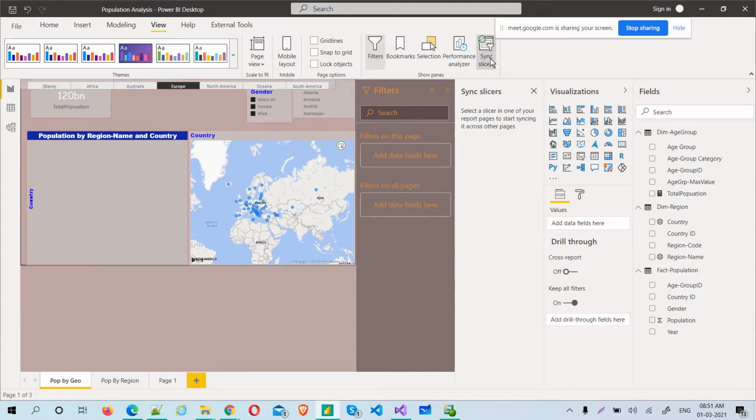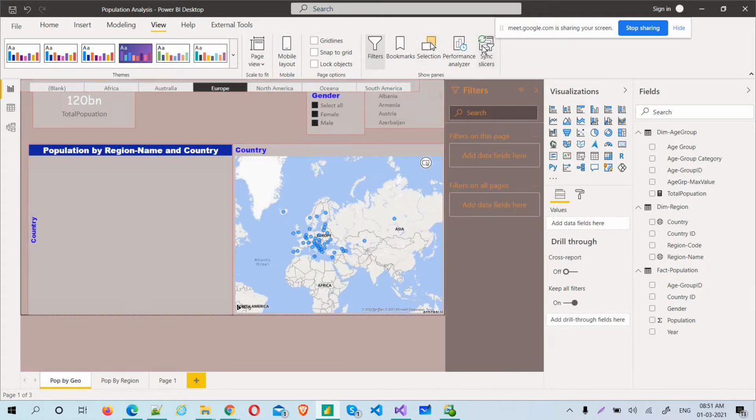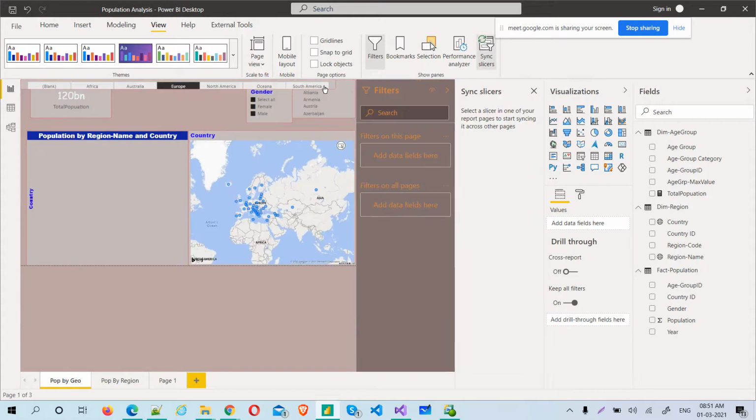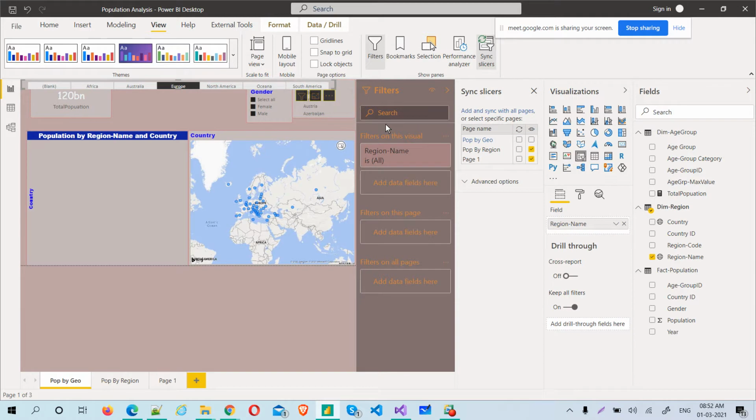Come on. Why is it not going? Pop by geo should not be visible. Come on, what's happening? Pop by geo should not sync.